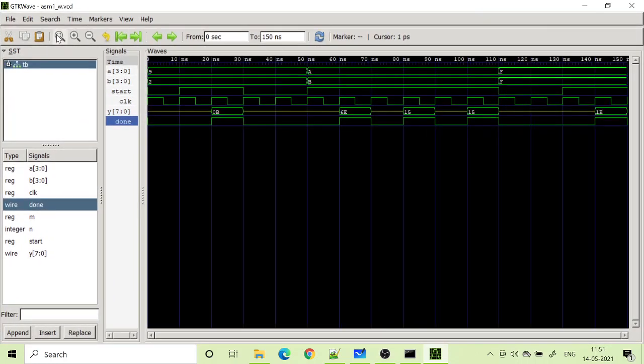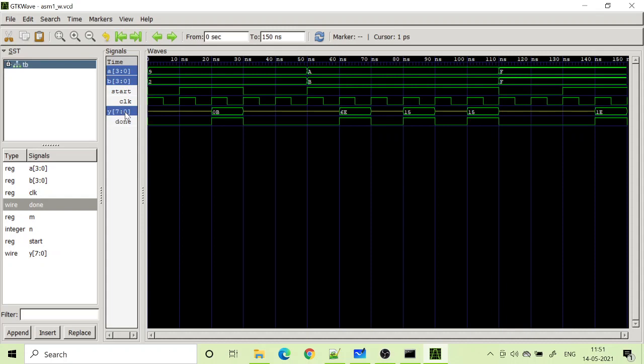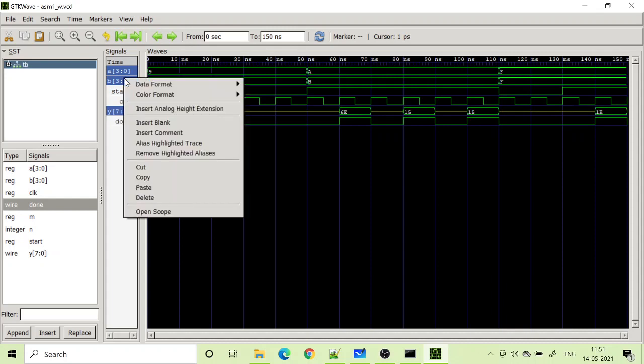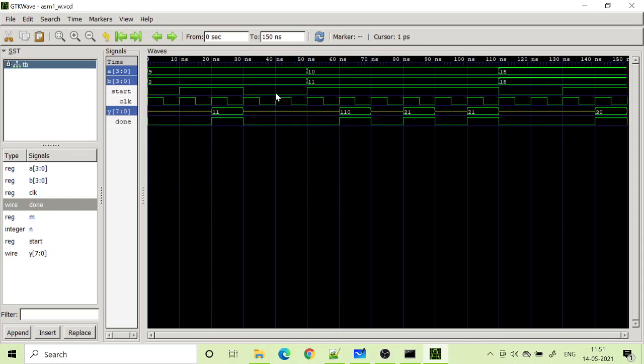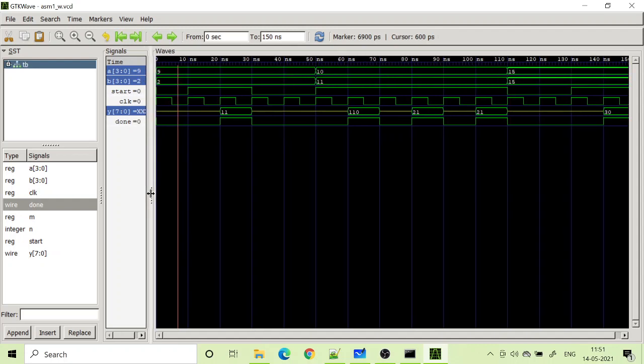Okay, so if you look at here, we can display this output. I can select this, select A, B, and all the multiple bit output. Suppose I want it to be displayed in a decimal format, I choose that by right clicking it. Okay, so if you look at here, I have given 9 2 as the A input and B input. So you can see the content I want to use.